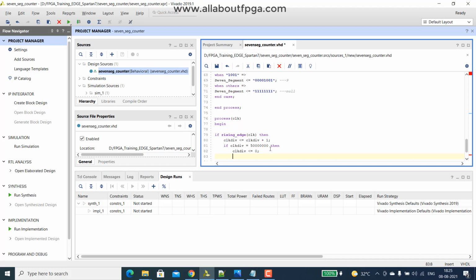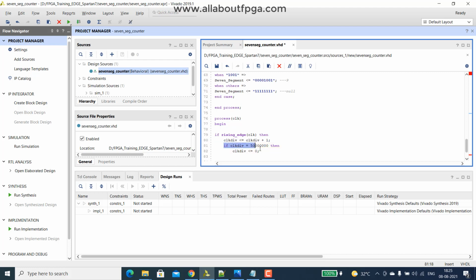The concept is, once the clock divider reaches 50 times 10 power 6, it is like 1 second, because our FPGA board has a 50 MHz crystal oscillator. So to achieve a 1 second clock, we divide the 50 MHz clock by 50 times 10 power 6. That will give you a 1 second time delay.